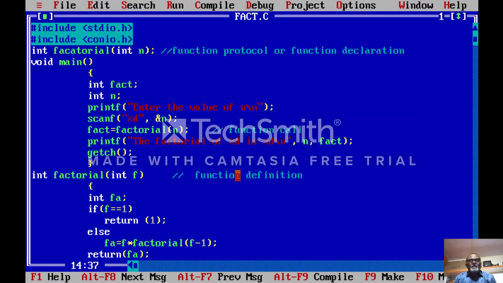Now if you have some problems about recursion, I think this topic will help you to understand the recursion concept in functions. Thank you very much.